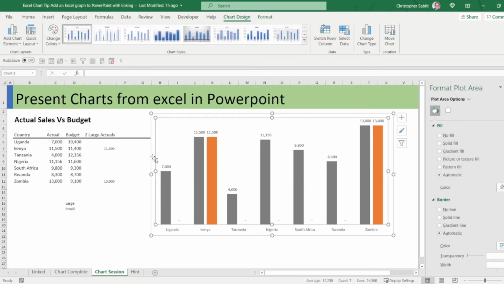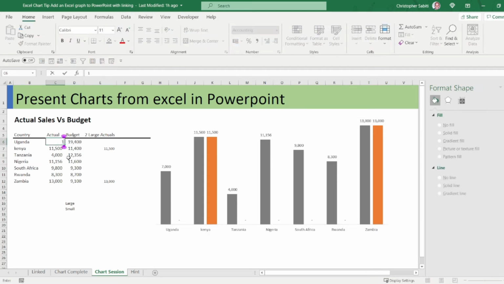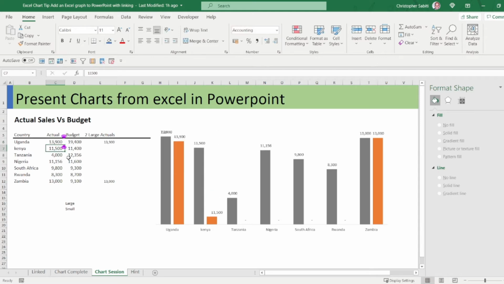So at the moment we see that Kenya and Zambia already have another orange bar which has been added because they stand to be the best. So the moment we change Uganda, let's say to 13K 900, it will just be automatic and dynamic. It will change now for Uganda.